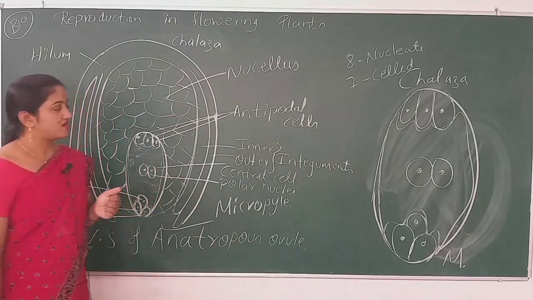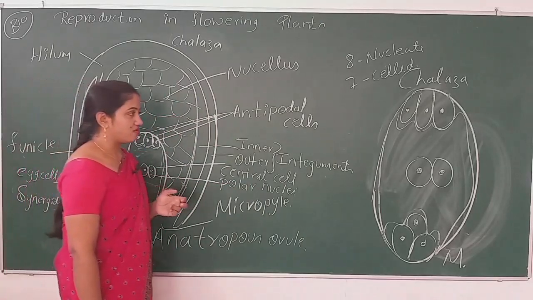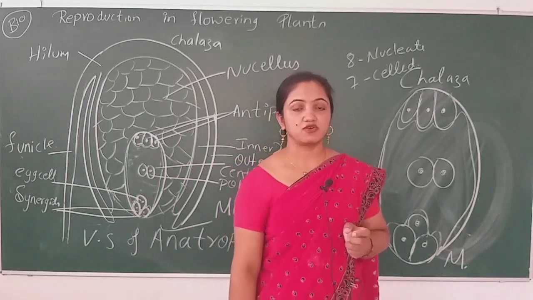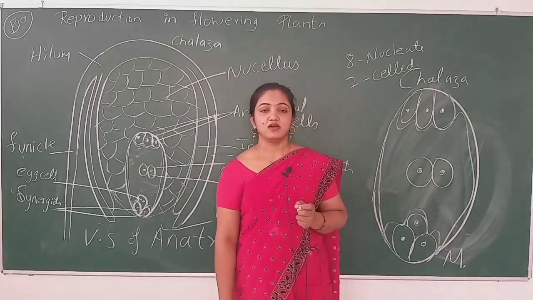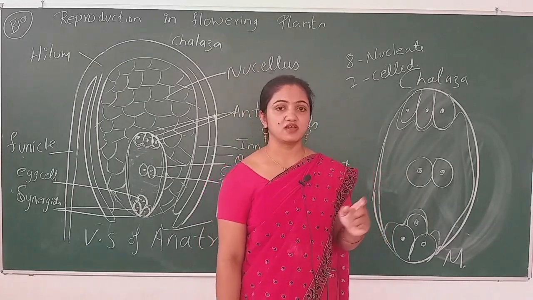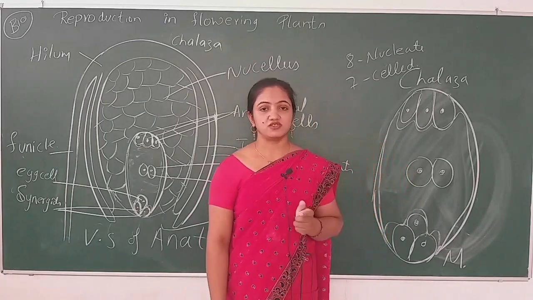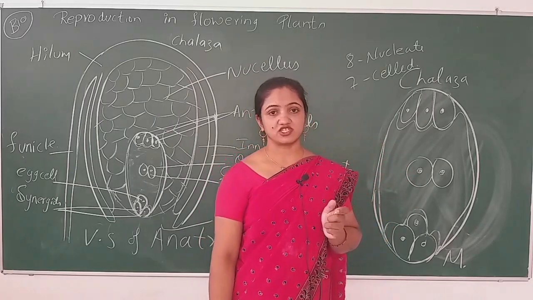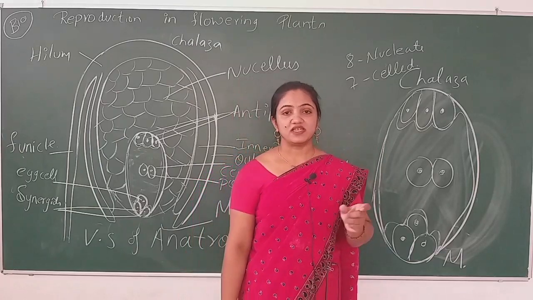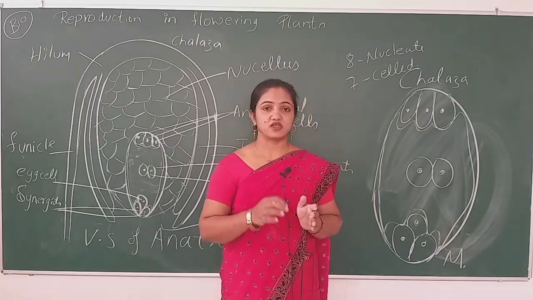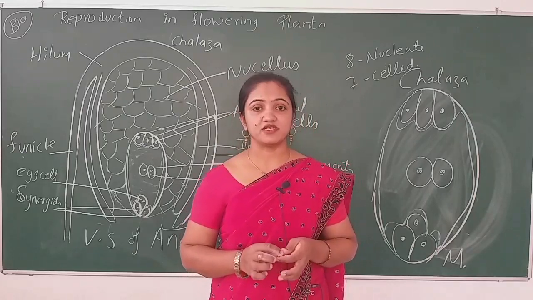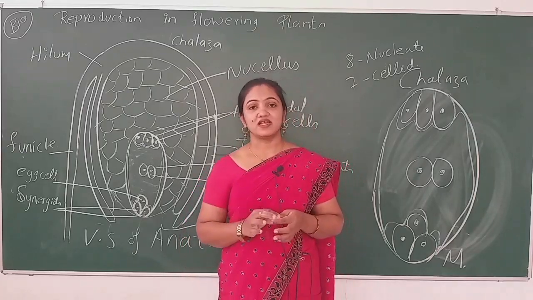So after this we studied pollination. In pollination there are 3 types: autogamy, geitonogamy, and then xenogamy. These 3 are also important. In pollination, they won't ask you to write about the structure. They only ask you to describe how Vallisneria or seagrass plants use water for adaptation, for pollination, like that they'll ask.